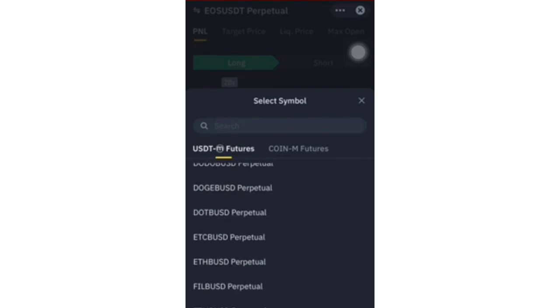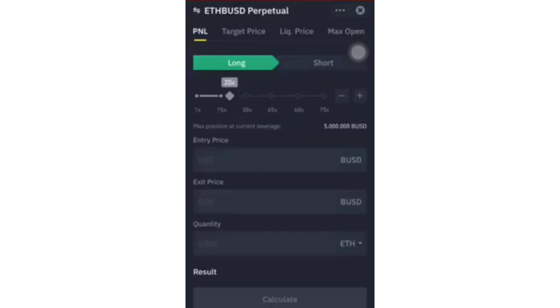Okay, let's just say Ethereum BUSD. Now, this Ethereum BUSD, let's say we want to trade this perpetual, meaning this precise pair is something that does not have a deadline, right? So what you want to do right now, let's say we are using 20x leverage. What 20x leverage means is that now if I want